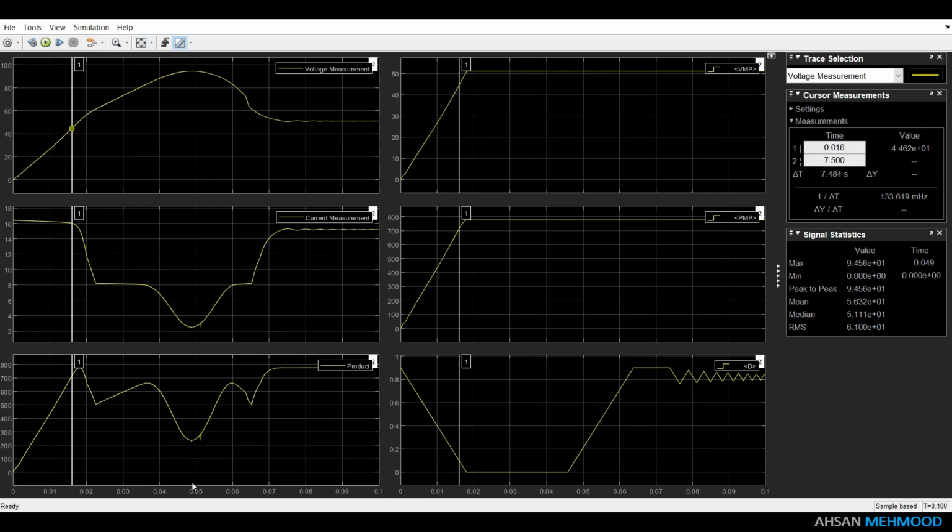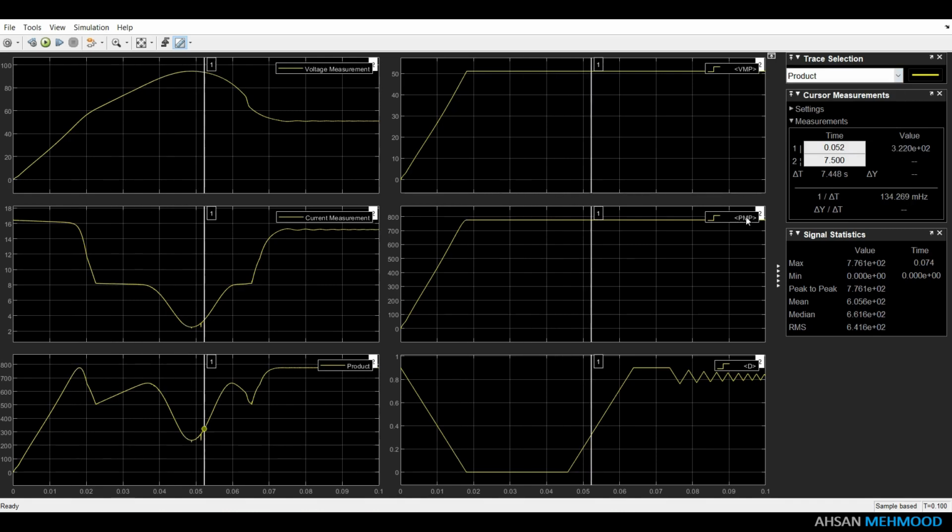Here is the IV curve scan region, and this is the global maximum power point. You can see that the PV array is functioning at GMPP in steady state after discovering the GMPP. This was a demonstration on how to use the offline and online IV curve scanning circuits to scan the IV and PV curves of a PV array.